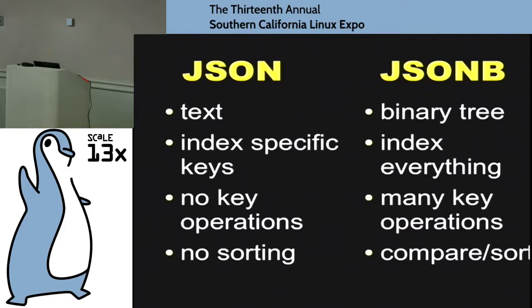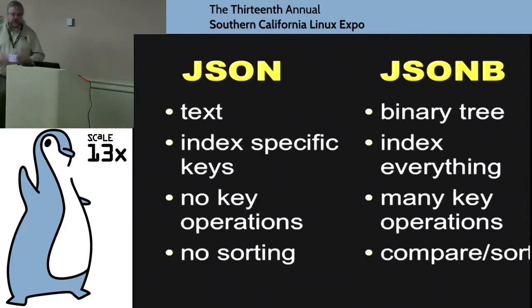The initial one was sort of the initial run, because we had the original JSON type, but the original JSON type stored everything as essentially text. And that meant that you could index specific keys using what we call functional indexes, where you create an index over a particular function. You couldn't index everything in the JSON column, and thus do unspecified searches on the JSON column. You couldn't really do a lot of special operations over JSON, to treat it as a different type with atomic values and that sort of thing, and no sorting.